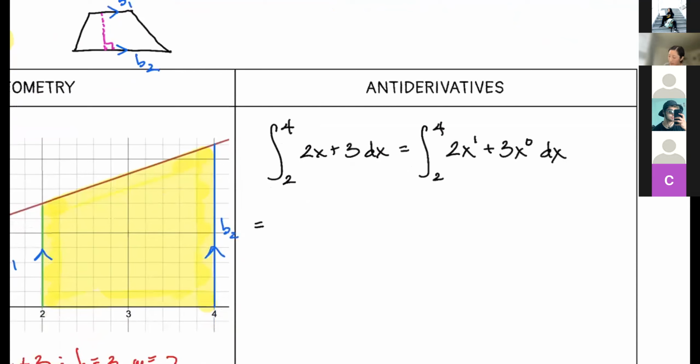And so if we take the antiderivative of the first part, then we'll have 2 times x to the 1 plus 1 over 1 plus 1, all right, plus, so this part corresponds to that orange part,